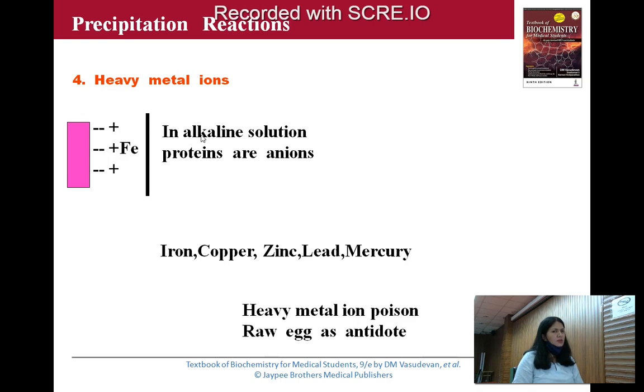Yeah, you add picric acid, isn't it? You add picric acid, and what happens? Picric acid you add because proteins can be precipitated out on the acidic side or on the alkaline side. You have to remove the protein so that the protein does not interfere with the estimation of creatinine.